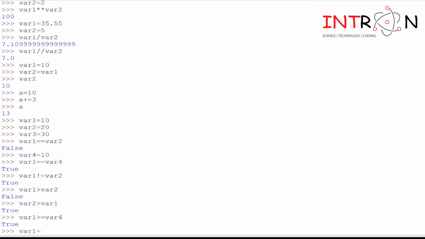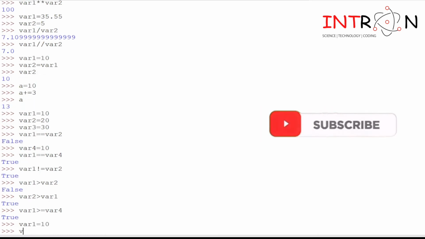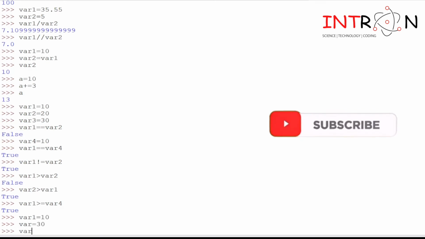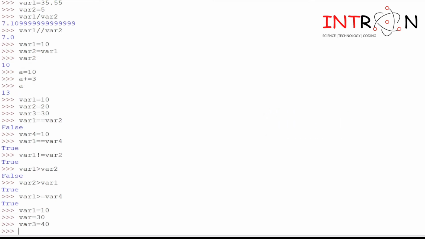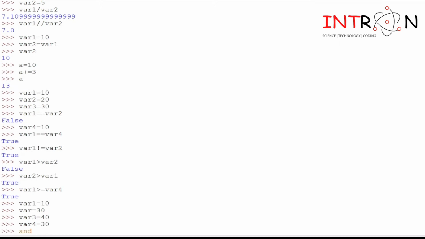So x1, I'm again creating here 10, x2, creating this time 30, x3, 40, x4 I'm giving again 30. So we use and in general life to join two or more statements. So we know what we mean by and. If you want to add an additional statement to a particular statement, we use and in our general daily life. Similarly, in the case of programming, first we will check whether x1 is less than x2, and